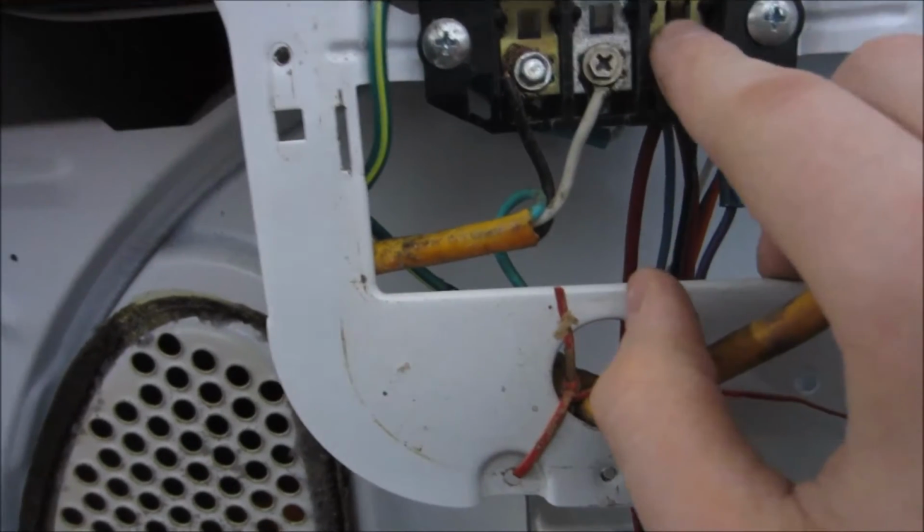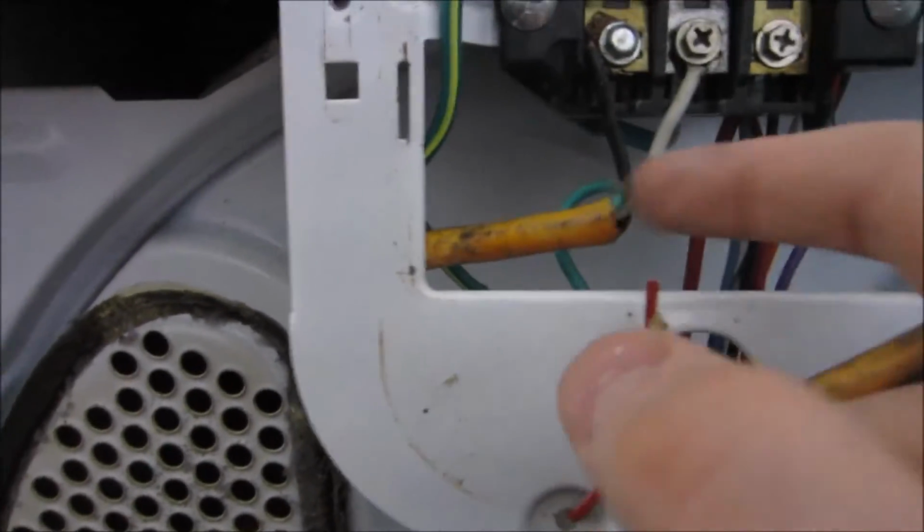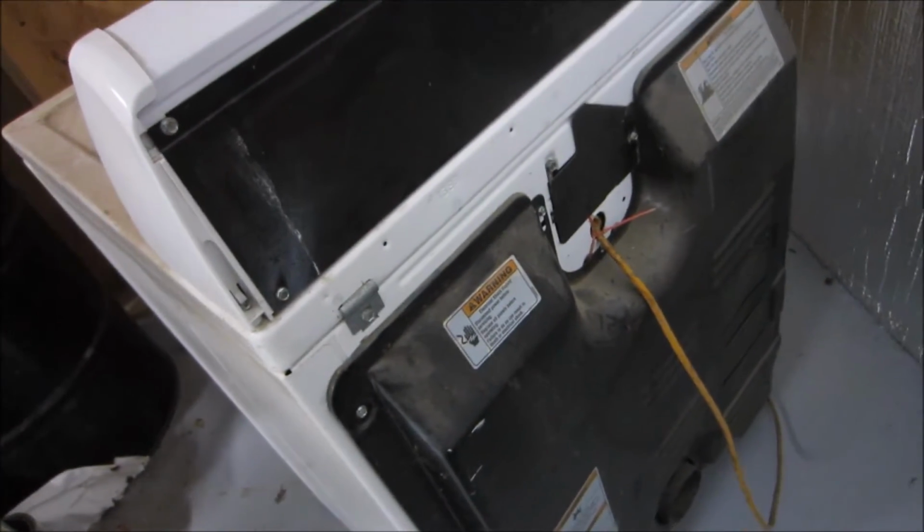So I knew that one of these circuits by the wiring was the heating element, so I simply disconnected it. That's it. That simple. For all the safety police out there, basically, was this dangerous? Meh, sorta, not really. The thing about it is,